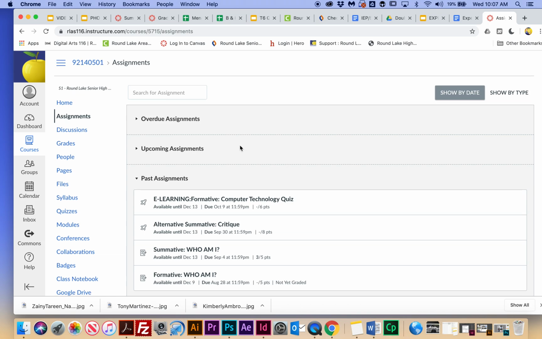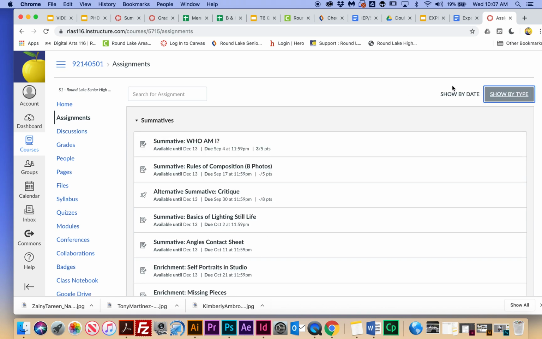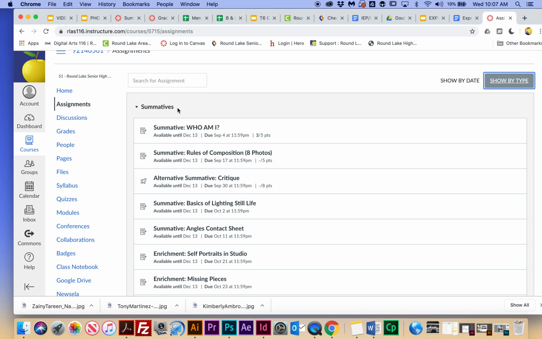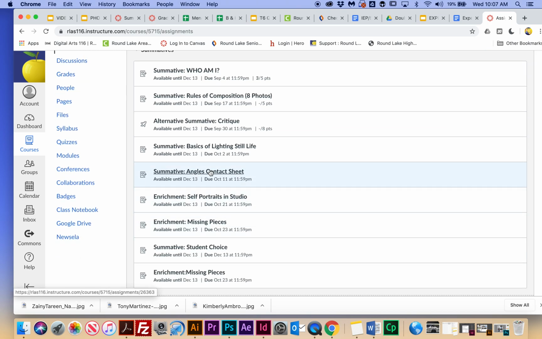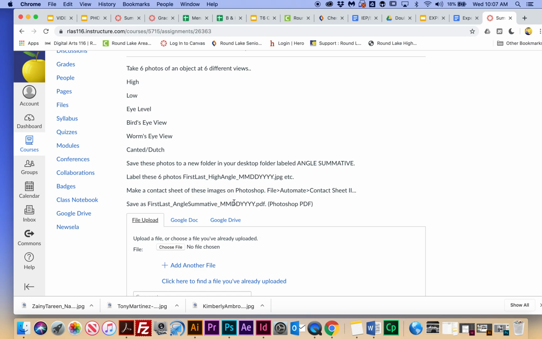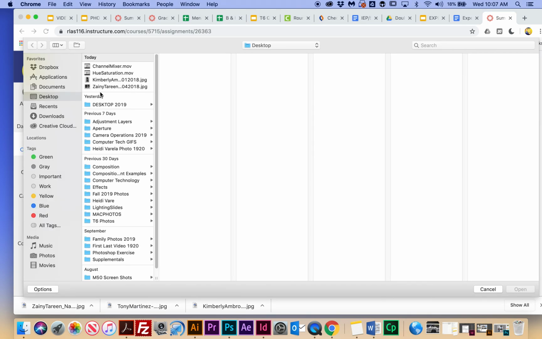Okay. And then I also highly recommend that you actually show by type, not by date, because I categorize them as summatives. And then you can look for the summative that's called summative, and it should be called adjustment layers. So I haven't posted that yet, so you don't see it here, but you will see it, summative adjustment layers. You're going to select it, go to submit assignment, where it says file upload, choose file, and then you're going